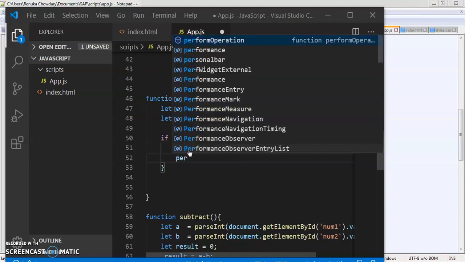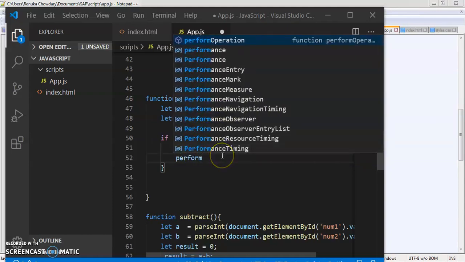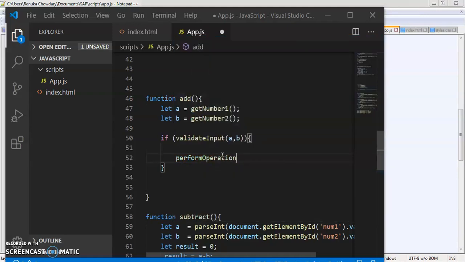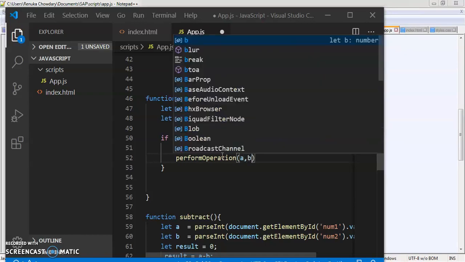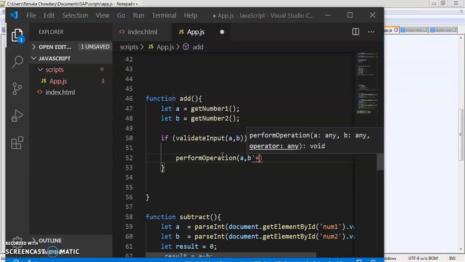If we are getting true from that method, then we can perform the operation on the numbers. Since it is an addition, we provide three parameters: a, b and the operator symbol.